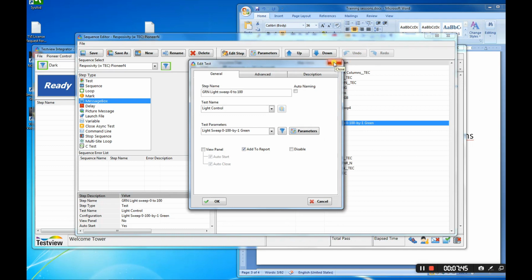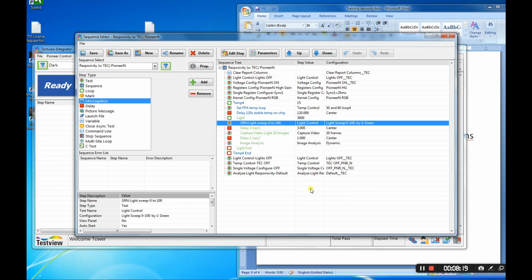I would like to emphasize one thing that is very important. Test parameters are like global functions. Global function meaning it's not just that you are able to use them in more than one sequence. Yes, we can use these test parameters in 2, 3, or any other sequences that we want. The thing is that if you change them in a specific sequence, it will also affect another sequence that uses this test parameter.